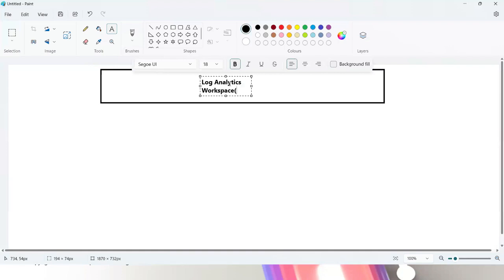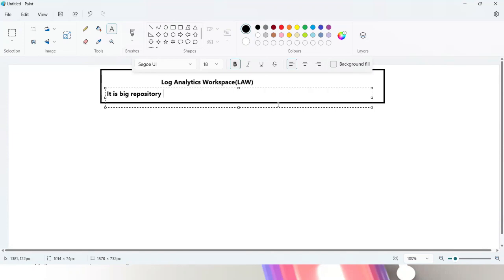So we call it as LAW. Again, it is a big repository on the cloud,